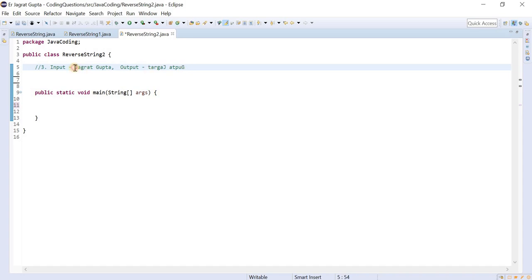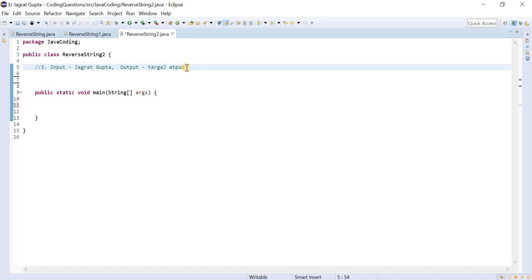So if you see this particular string, just compare the first word of input and the first word of output. You can easily say that the place is constant. I mean, this first word will be in the same place but in reverse order. And the same thing you can say for the second word. The place will be the same but it will be in reverse order.